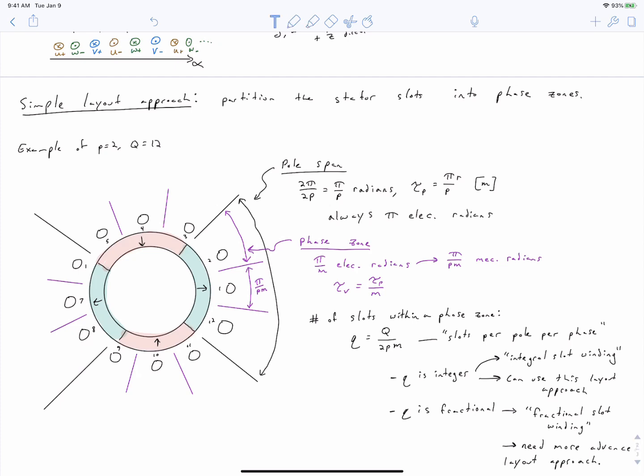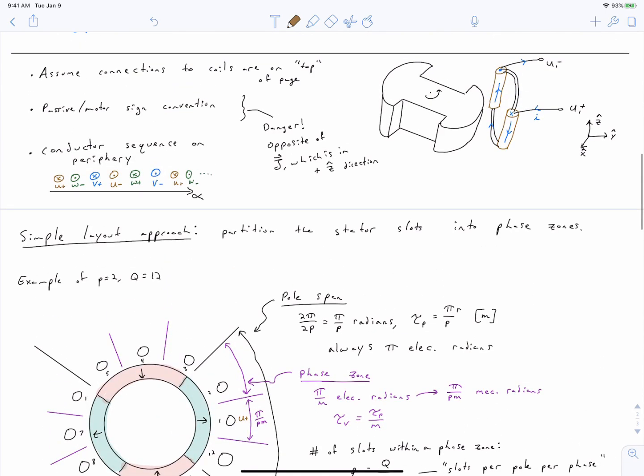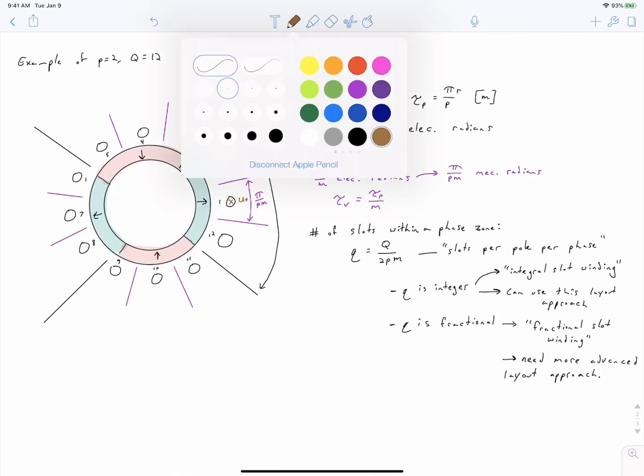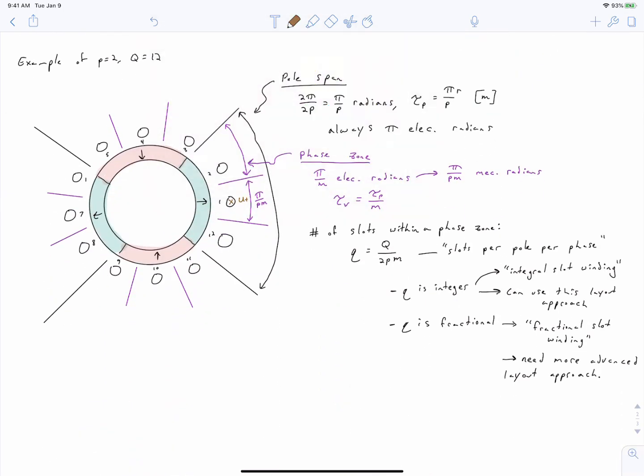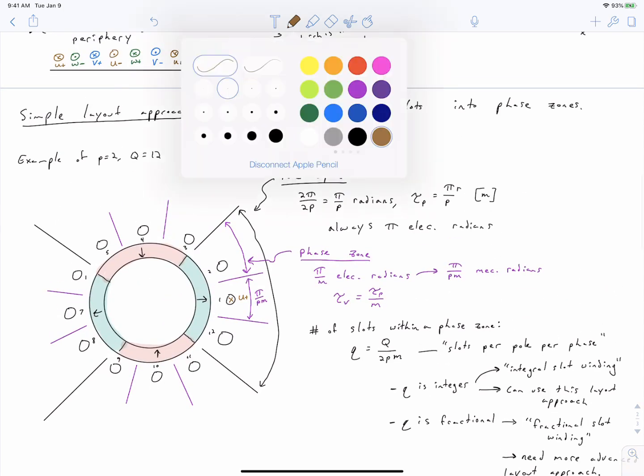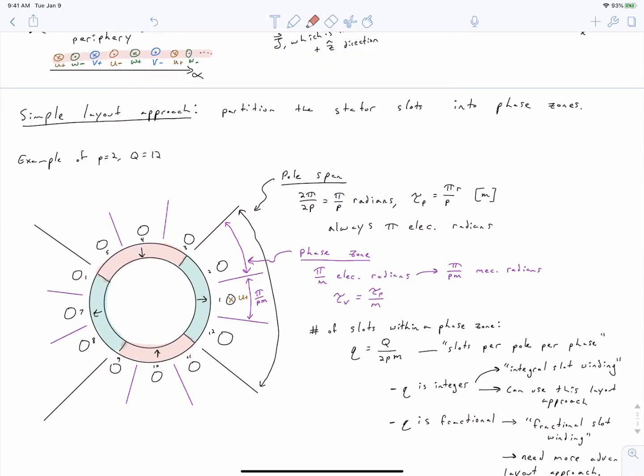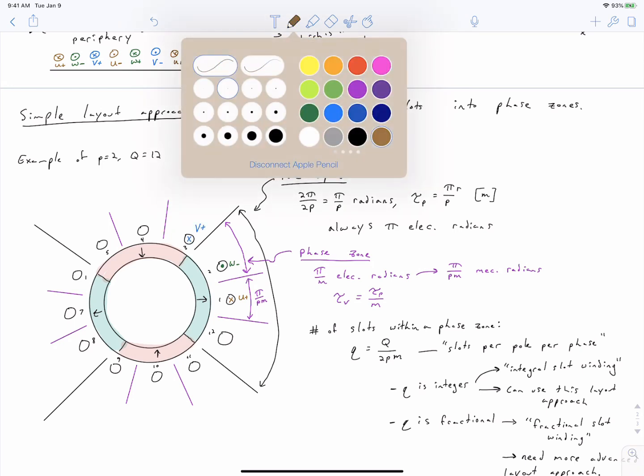So we're going to start here at alpha equals 0 and say that we have U plus, which, remember how we've indicated our sign convention up here, is going to be an X. It's going to be current into the page. And then next in our sequence, we have W minus. So I'm looking at this sequence right here. We did U plus already. Now we're going to do W minus. So that's current into the page. And after that, we've got V plus, and then U minus,